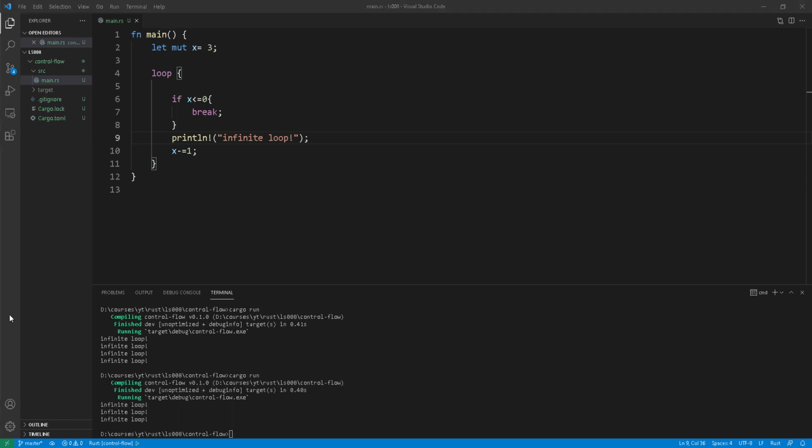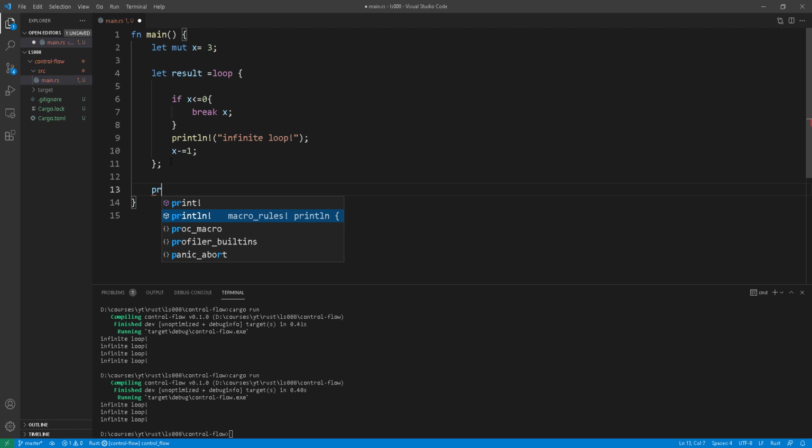Let's run it again. An interesting thing with loop here is that you can actually return a value from the loop expression itself. So we can do something like this. And you have to do it straight after break. And let's just return the x here. Let's type in let result, all that in there. Let's close our statement here. And then let's print it. This is the resulting x